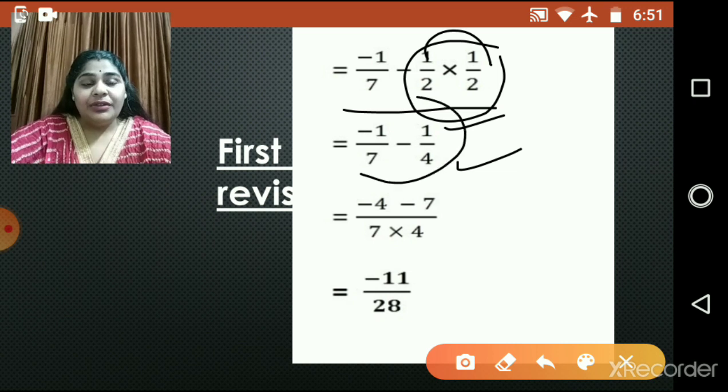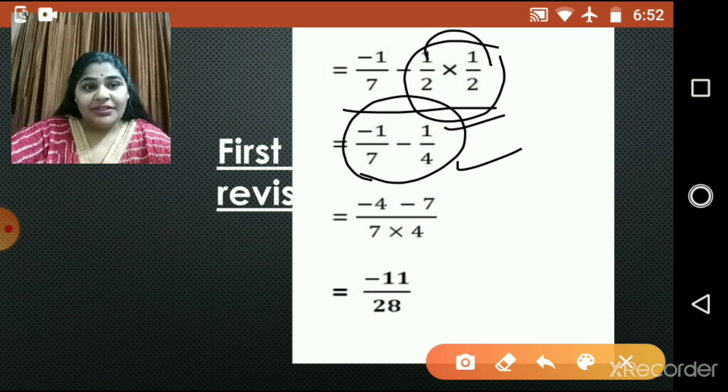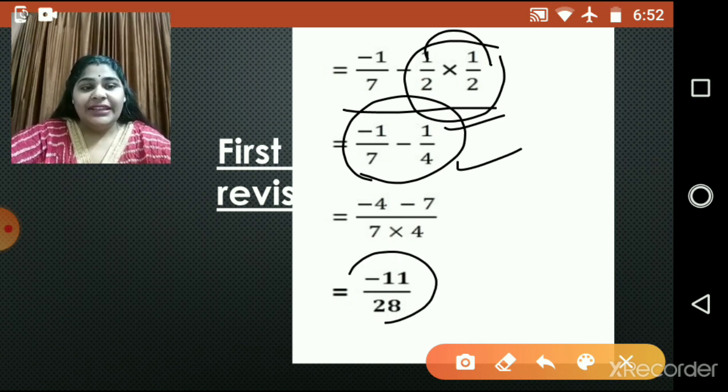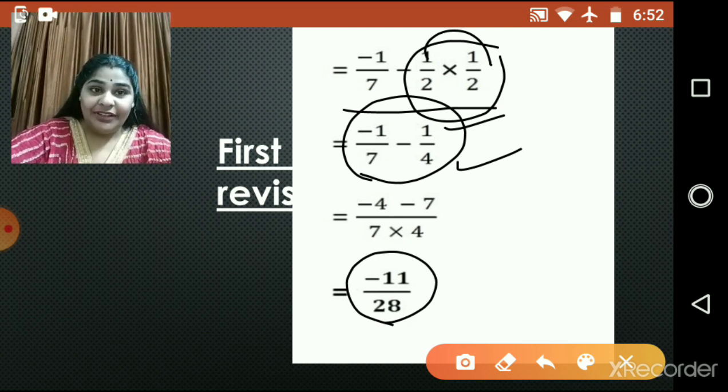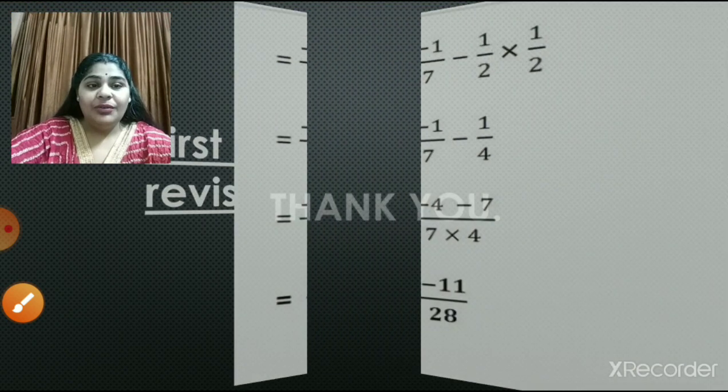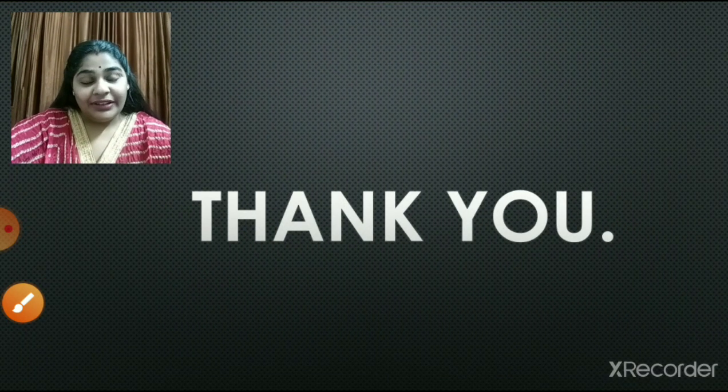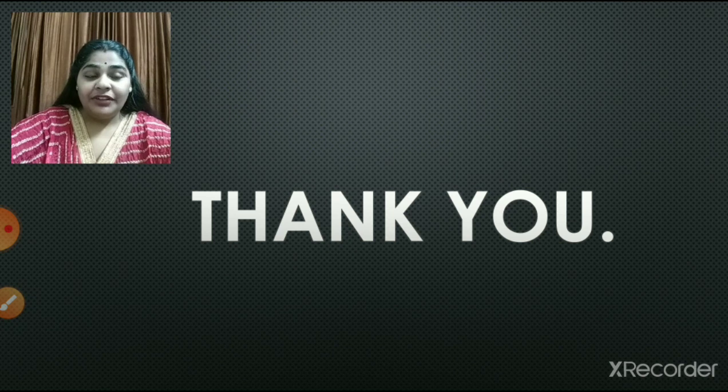Now only two rational numbers are there, and subtraction, and you know, children, directly we cannot subtract it, right? You have to take the LCM and then solve further. After taking LCM, you will get 28 in the denominator, and after solving the numerator, you will get negative 11. So this is how we solve it. So I hope you have done with the properties and additive inverse and reciprocal, multiplicative identity, additive